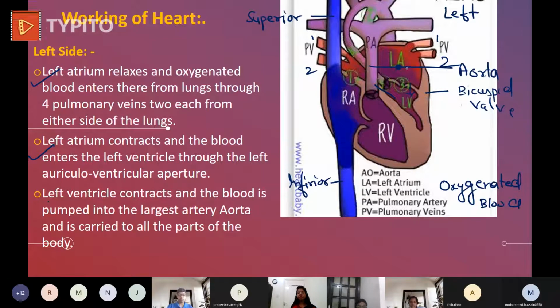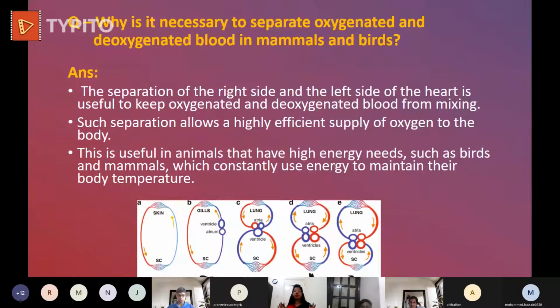And the left atrium receives the oxygenated blood by pulmonary veins. Then both the atria contract, and in that process blood from the atrium comes to the respective ventricles. Then third step, the ventricle contracts, and the blood from the ventricle goes to their respective artery. It means from the right ventricle blood will go to the pulmonary artery, and from the left ventricle it will go to the aorta. Now here I have discussed the working of the heart.